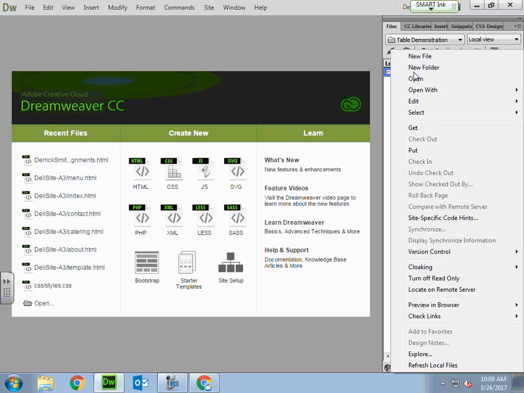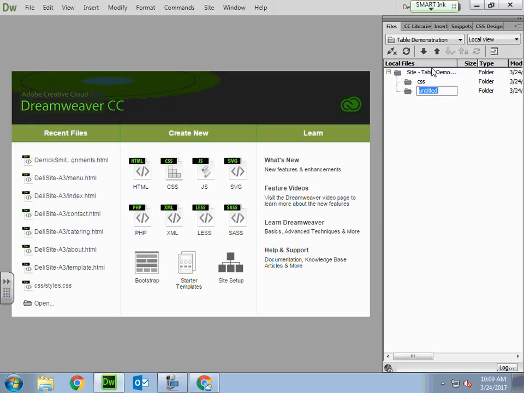Now on this one right here, we are not going to add images on it. I'm just doing it so you'll get the habit of doing it. Yes, sir. On this demonstration site that we're creating here, we're not going to add images, but when you do your actual table site later, you will. Now,